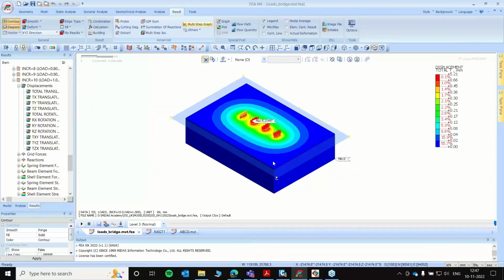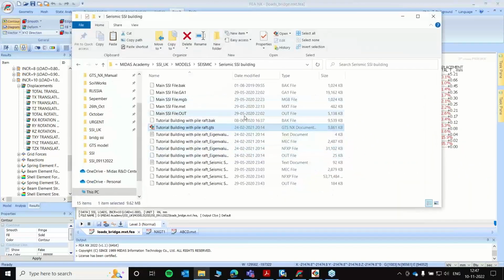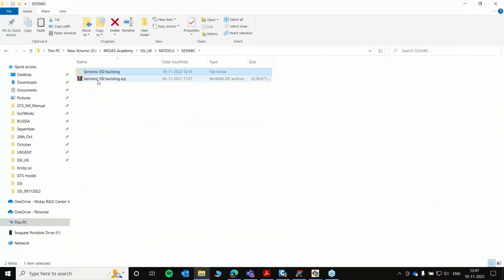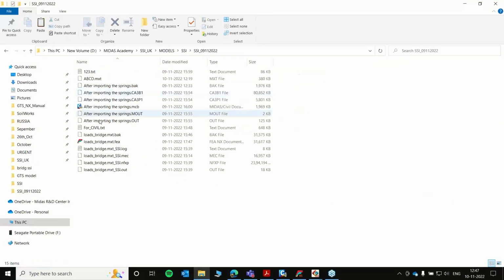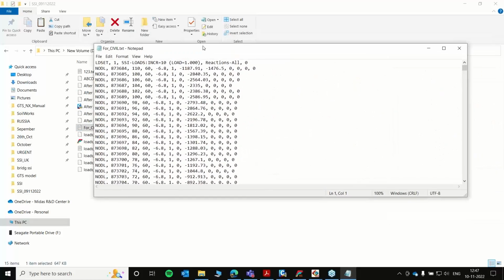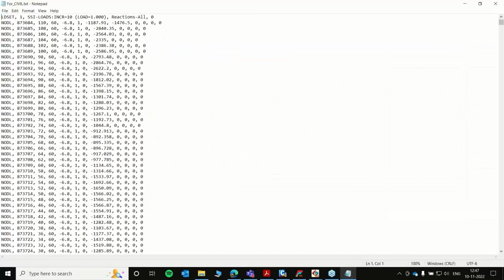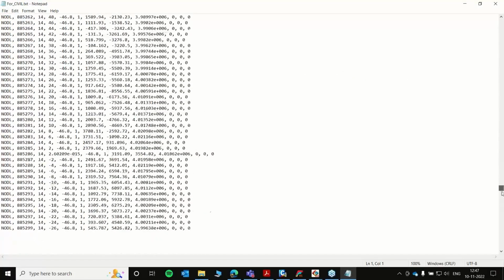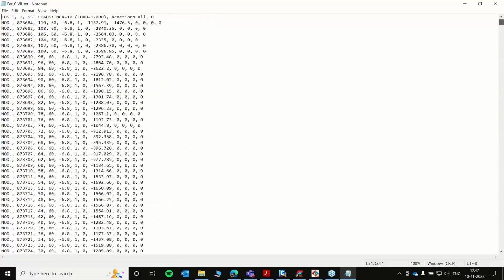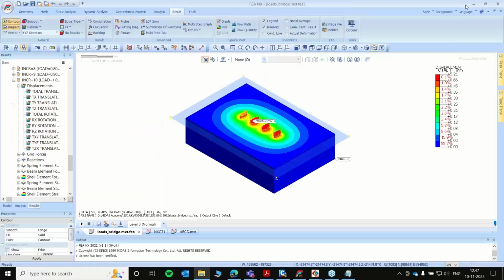They will be saved as a text file. So I'll just show you how the text file will look like. So this is it, the text file. The nodal locations and the force displacements per each node will be exported.